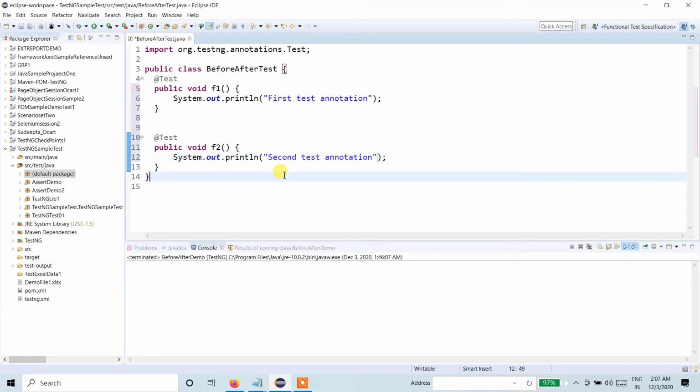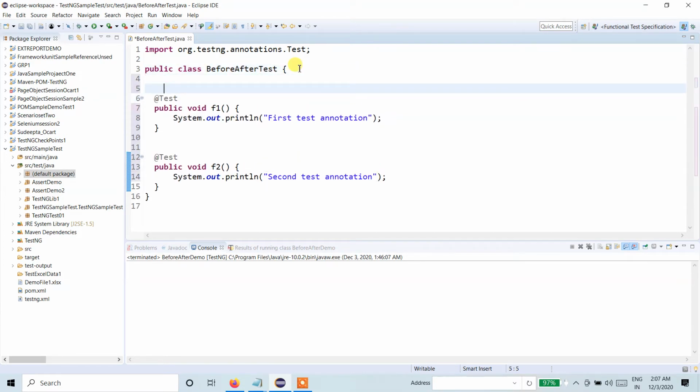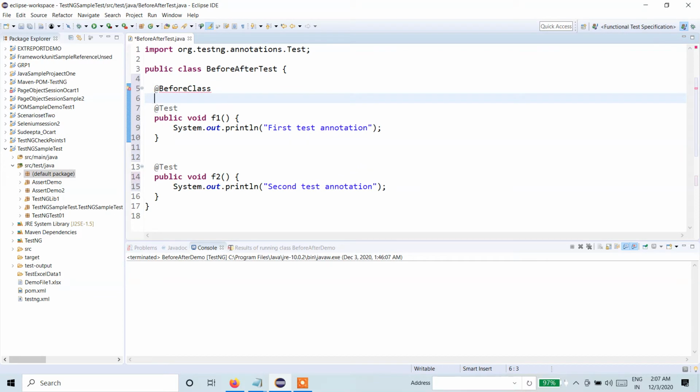Now I need to use BeforeClass and AfterClass. This is the agenda of this video. This is the place where I need to use @BeforeClass. As it is an annotation, again we need to create a method within it. Let's say preConditions. I just assumed a method name.